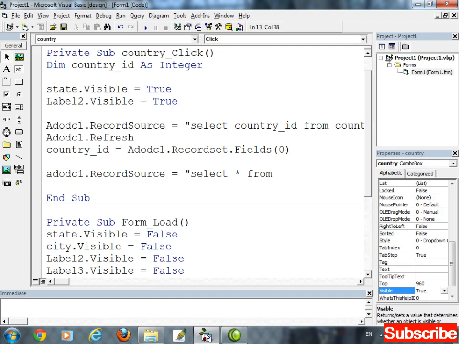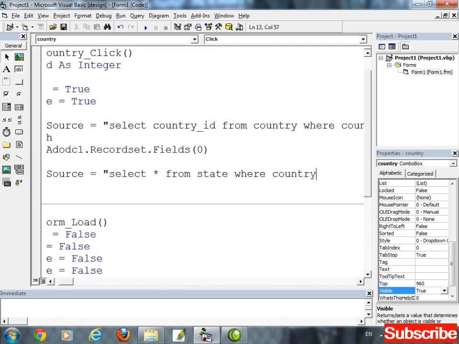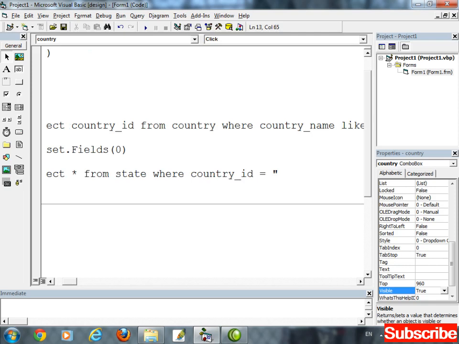From the state table, where country ID equal to the country ID which we have selected. Simple. In this variable we have stored the ID of the selected country, Afghanistan or Pakistan, 1 or 2.